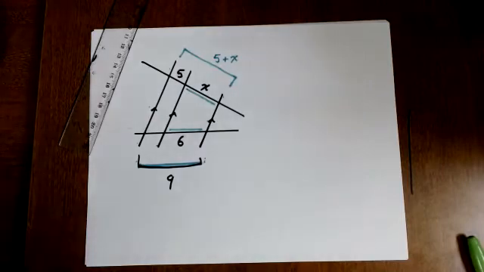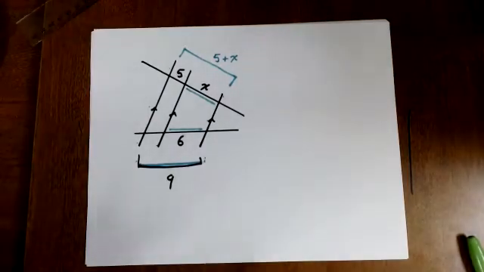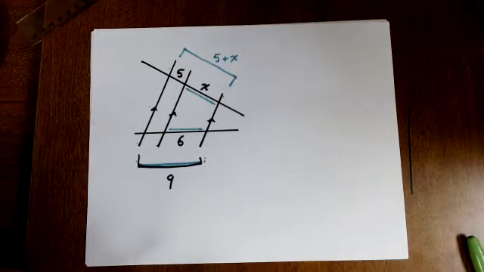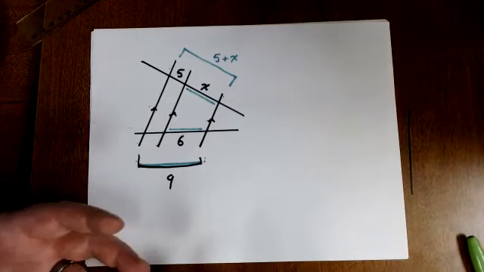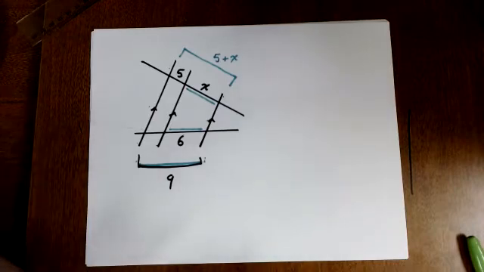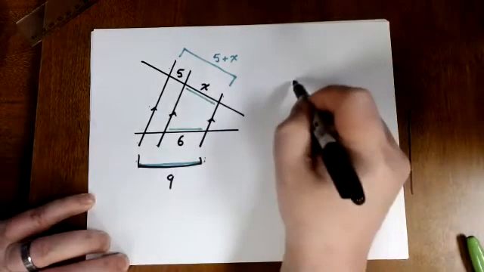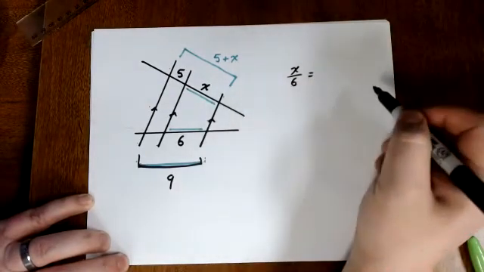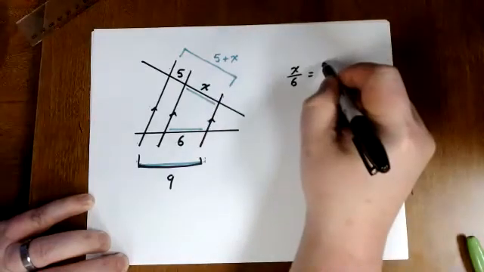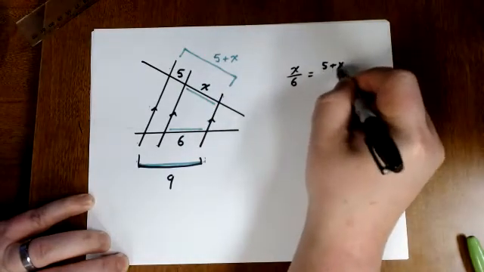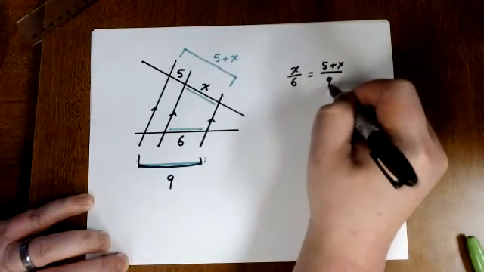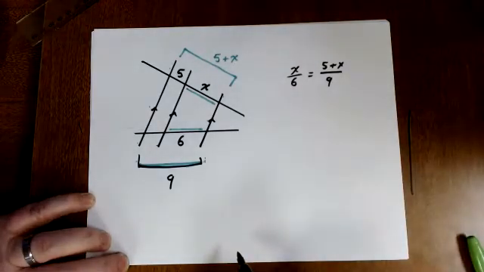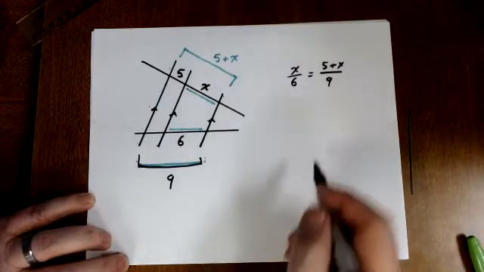Now, you might be saying, hey, Rongo, I don't need to be doing all of that. Well, in other problems, which we'll see in a minute, you might. So let me show you that it still comes up with the same answer. So the x and the 6 definitely go together. And the 5 plus x and the 9 go together. And now when we cross multiply,